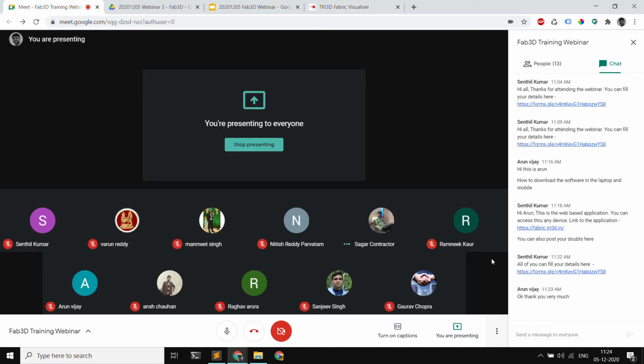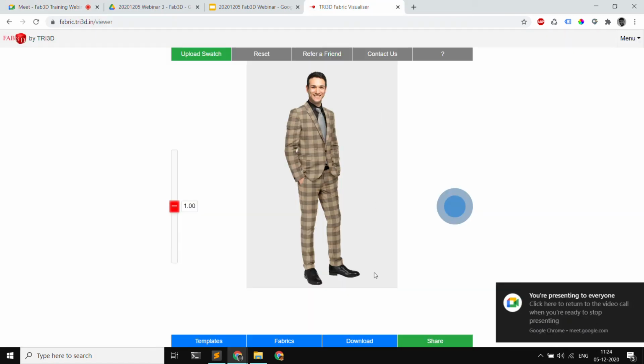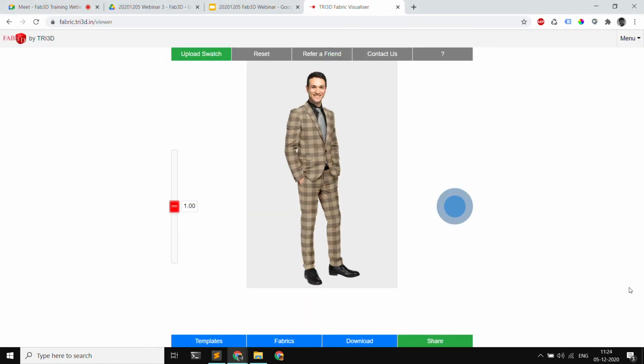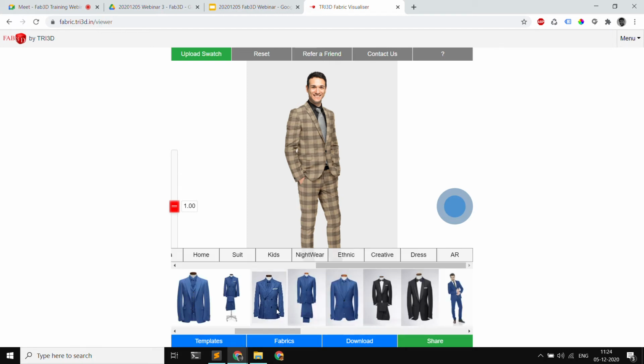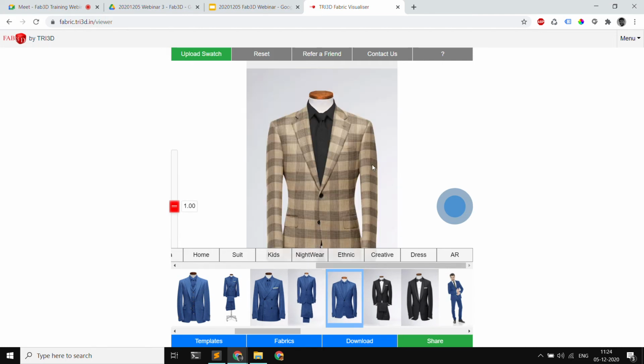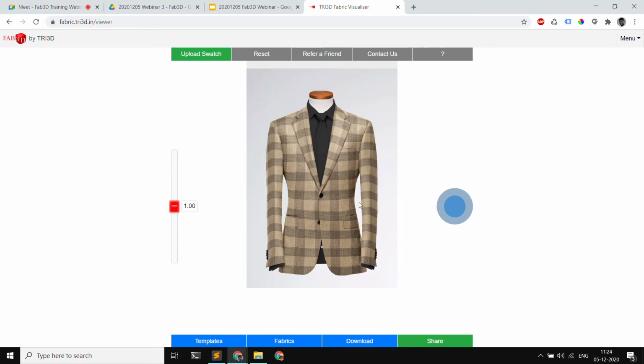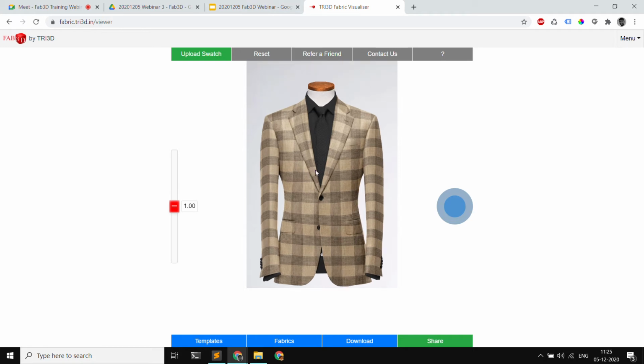Okay, thank you. So let me show you another important feature that we have called multi-slot fabrics. A lot of times, we see that a suit directly is not enough, we might want a different color for the shirt, we might want a different color for the tie, right? So we took that requirement. A lot of users have given that feedback. So we took that requirement and we added this feature, which is called a multi-slot feature, right?